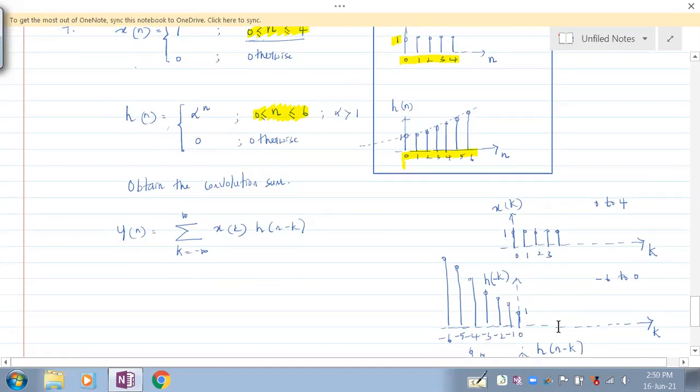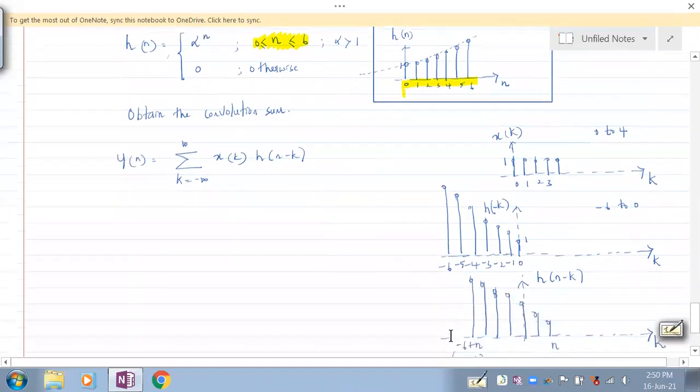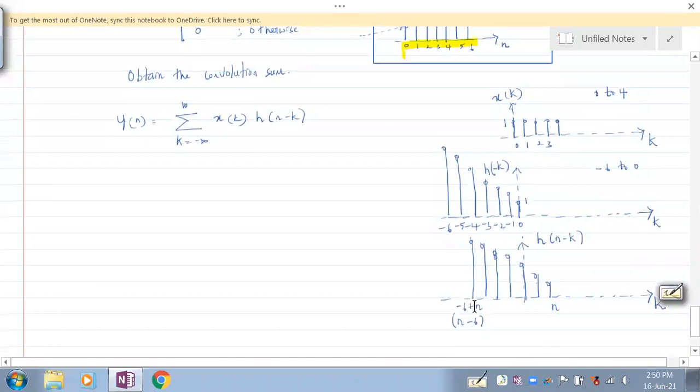That means this will come and stand at n. So we are adding n to this 0. That means to this minus 6 also we need to add n. That is why it becomes minus 6 plus n. If this becomes n, this is minus 6 plus n. Instead of saying minus 6 plus n, let's say it's n minus 6. Understand? So these two signals we need to consider now. This is one signal we need to consider, and this is the other signal we need to consider.